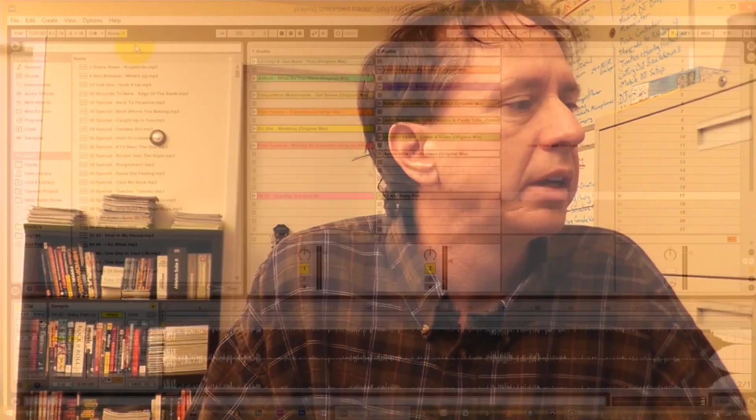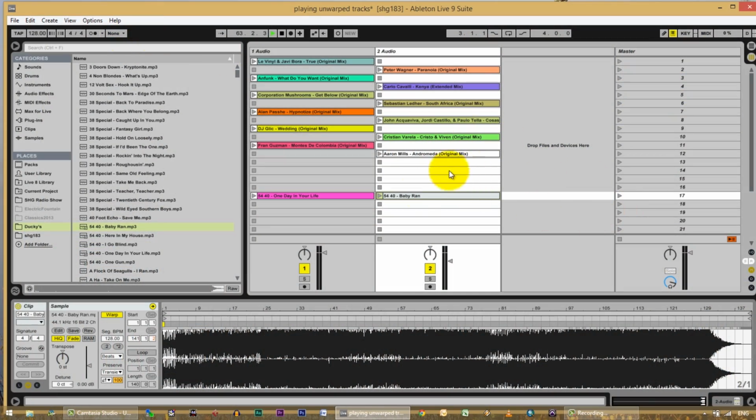Go through, play all your rock music, play all your hip-hop, play whatever, and then later in the night, once you get to the point where you're ready to move into dance music, all you're going to do is turn quantization back on. So let's pretend Baby Ran is the last song of conventional unwarped music that you're going to play. So I turn my thing back to 1 bar, and then when I'm ready to play,